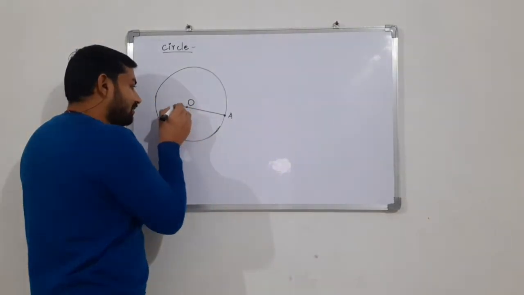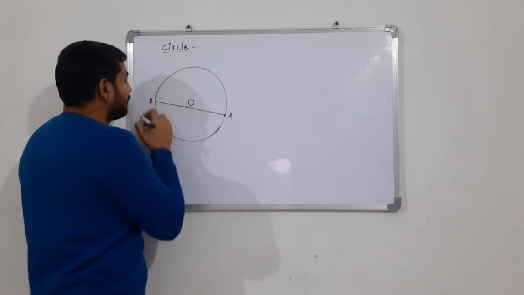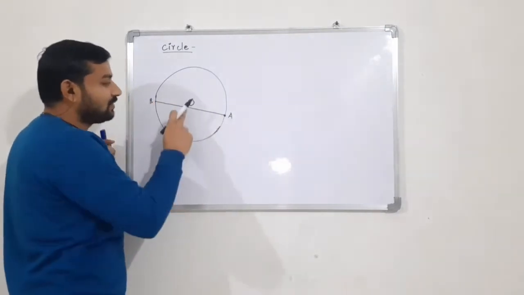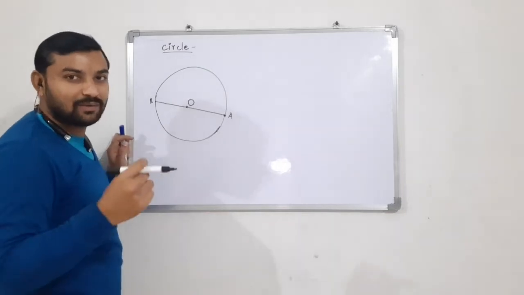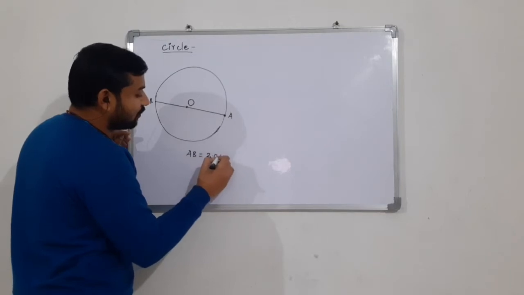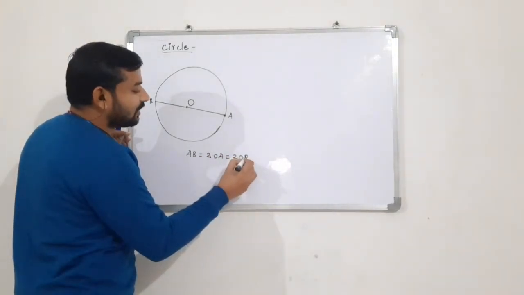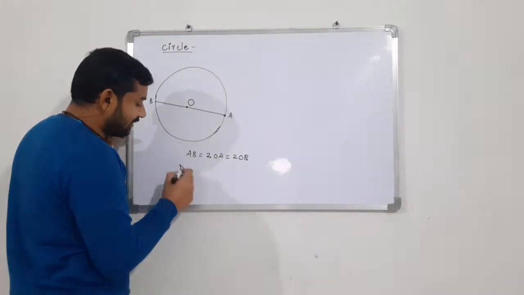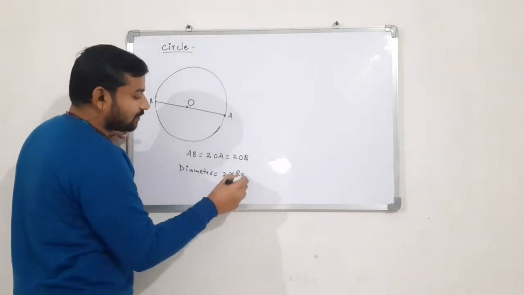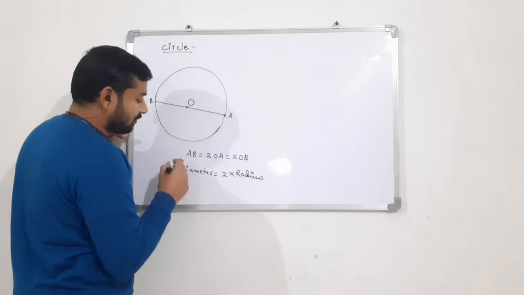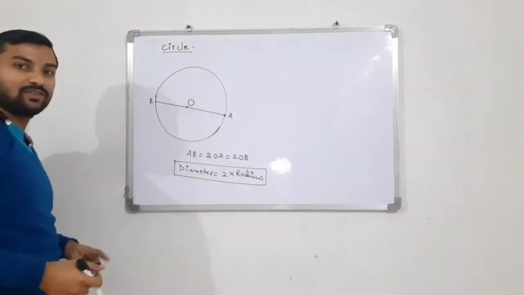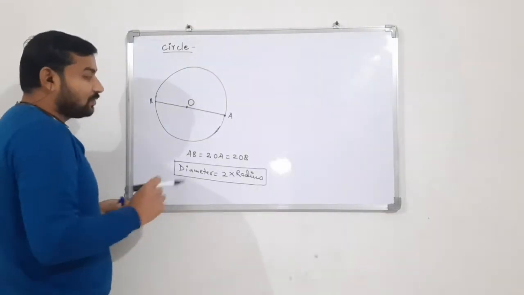If we extend this radius to the other side, we get suppose another point which is B. So this one straight line which is passing through AB is called the diameter of the circle, and simply AB is just double of OA as well as OB, and we can easily write here the diameter of the circle is just 2 times of its radius. So this is the relation which is very important, which you will use in your later chapters, that is 12th chapter. The diameter is just double of the radius.